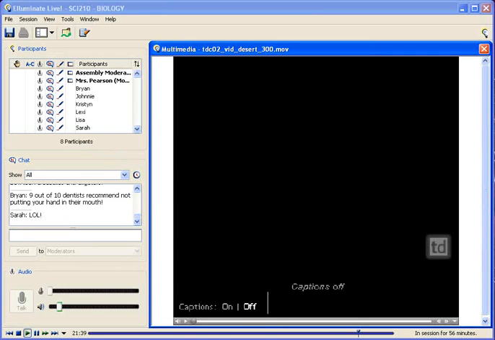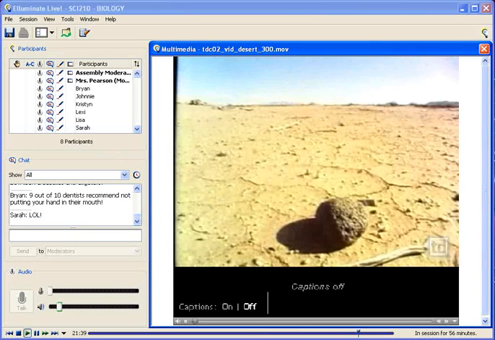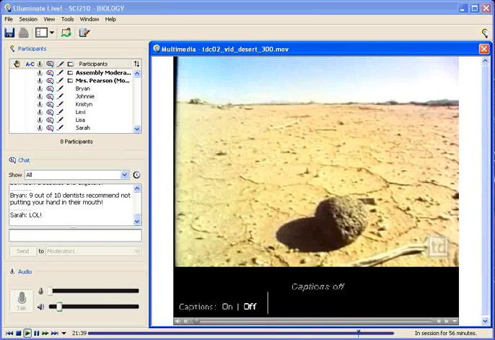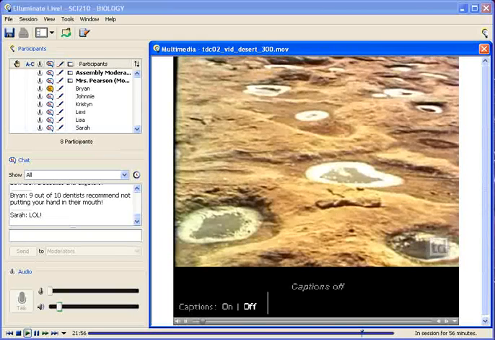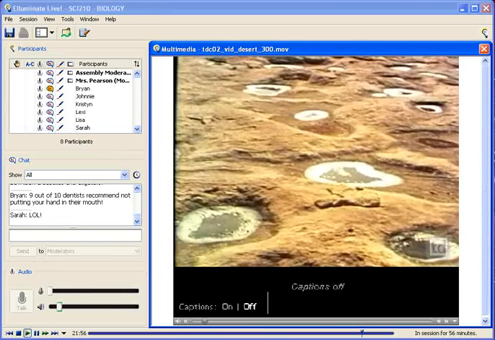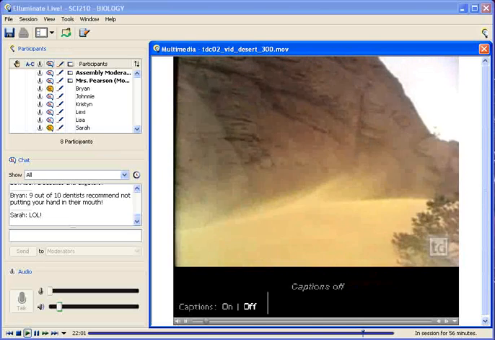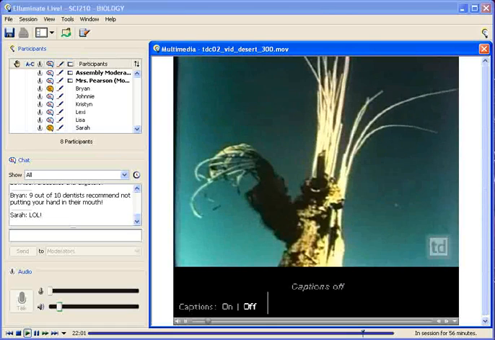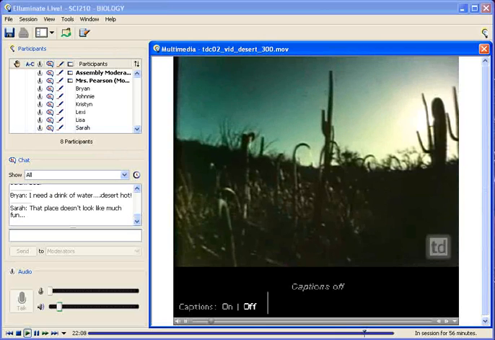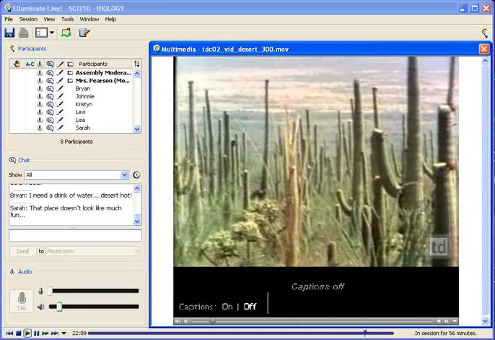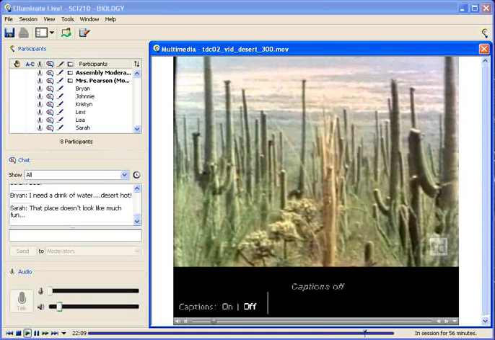Noon in the Sonoran Desert, southern Arizona. Temperature, 120 degrees Fahrenheit. In places, as little as an inch of rain falls all year. The air has no moisture to shield against the midday heat or retain it after dark. The plants here have survived the